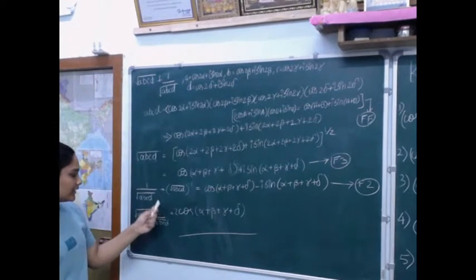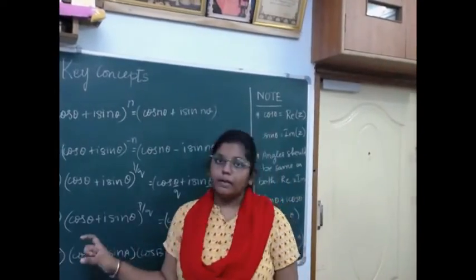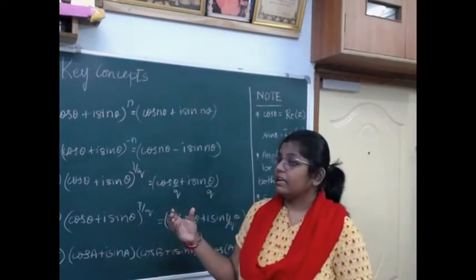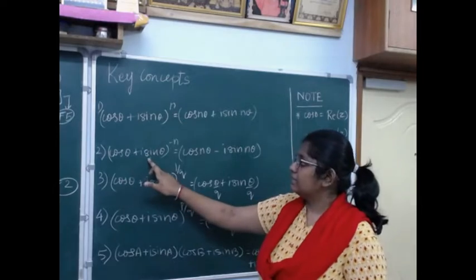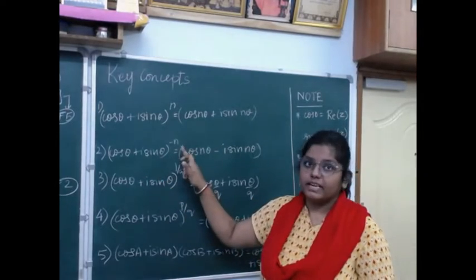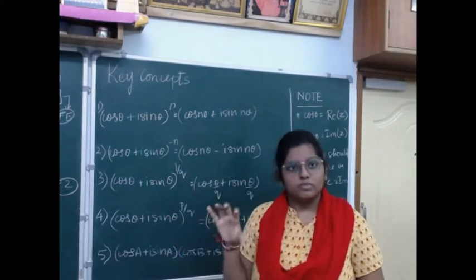And then we have 1 by root of A into B into C into D, which can be written as root of A into B into C into D, the whole raised to the power minus 1. So this whole power minus 1 is nothing but a negative integer. So we are using formula number 2 here: cos theta plus i sin theta the whole power minus n. In the place of minus n, the sum has minus 1 here.